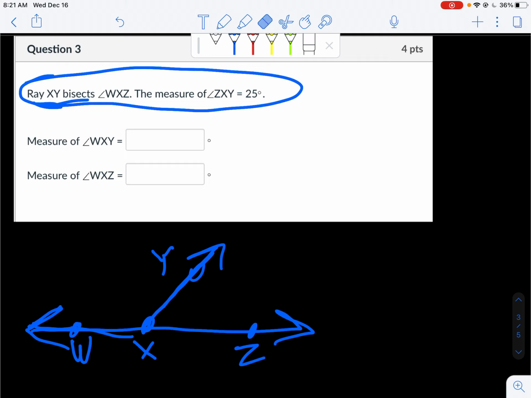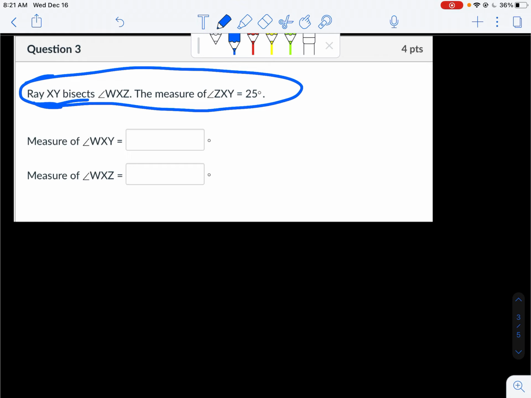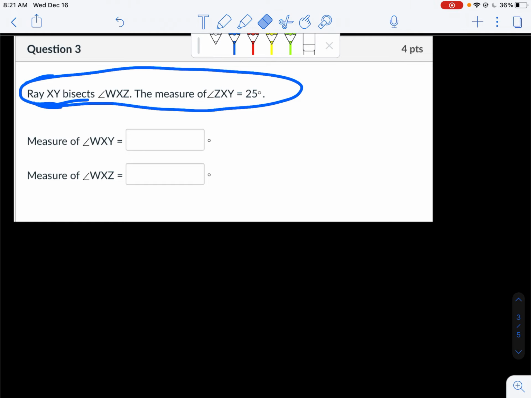Since it does not tell us any of those things, we cannot assume that these two angles add up to 180 degrees. What a lot of people did is they assumed it added up to 180, so they did 180 minus 25, and I saw a decent amount of answers that were like 155. Some people tried 135. I saw some 130s and things like that. If we read just what it says in the directions here, ray XY,